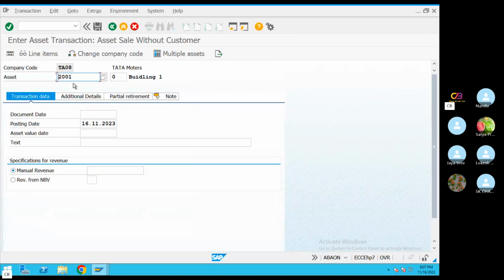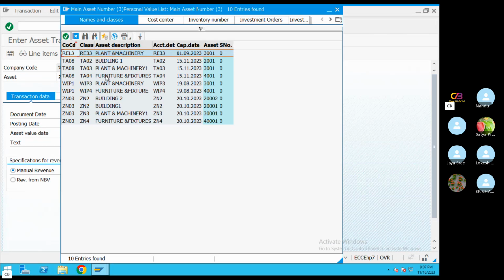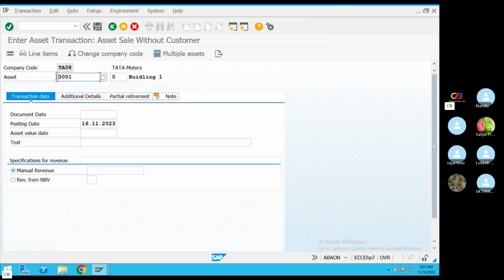Okay, and so you can change your asset. Last time we have done building, right? So you can change the plant and machinery. Plant and machinery has some value, net book value. So, asset sale